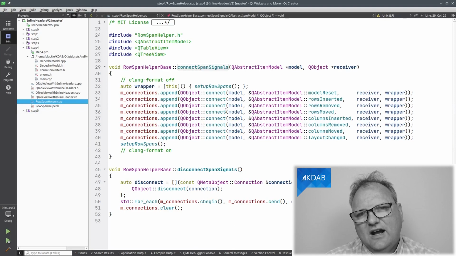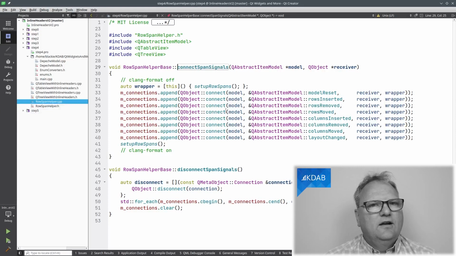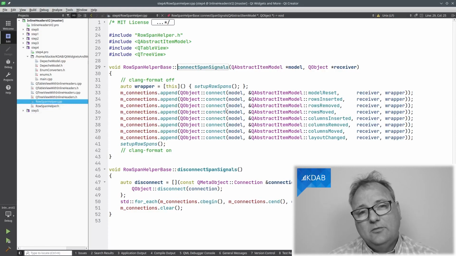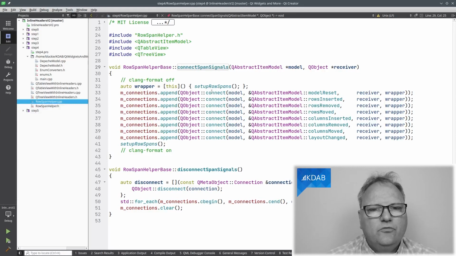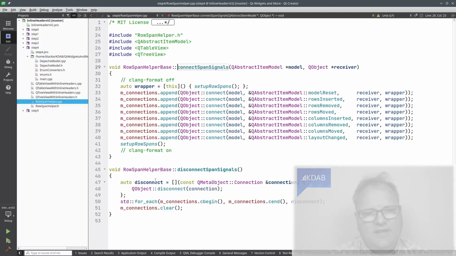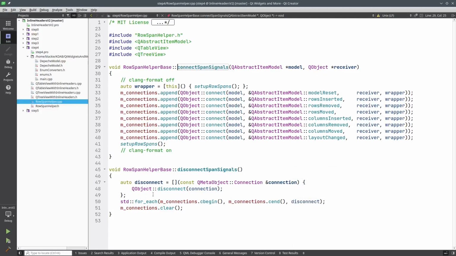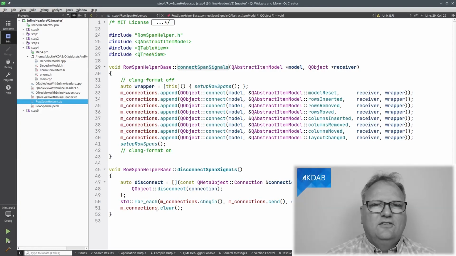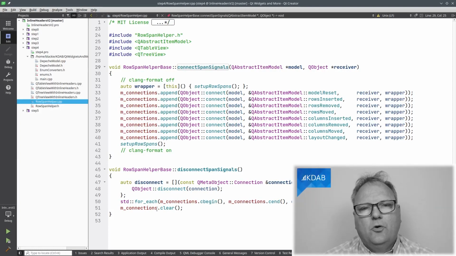Disconnects. The only way I can disconnect from a connection to a lambda expression is by actually taking the return type of connect, which is an identifier for that particular connection, and disconnecting that. And that's what we'll do. I'll remember each of these connections in m_connections, and in my disconnect, I'll simply run through each of those connection IDs here, and I'll call disconnect on them. And of course, I'll clear my connections so I don't get that list being filled up with more and more